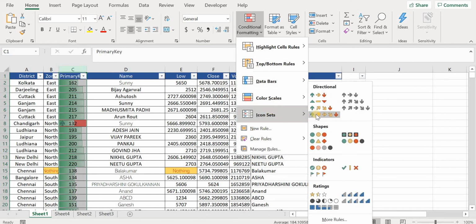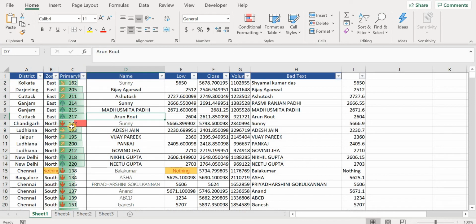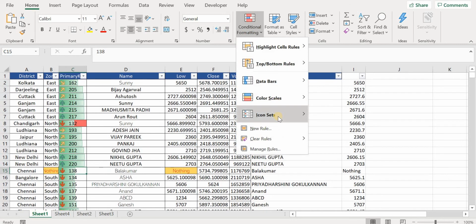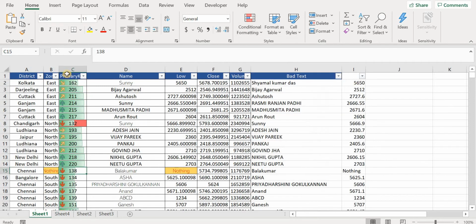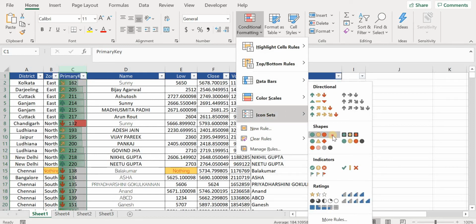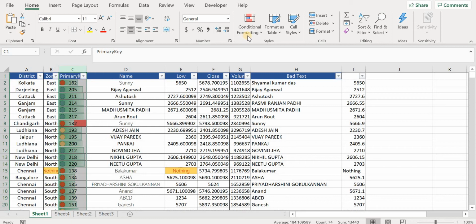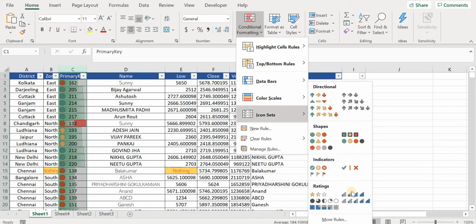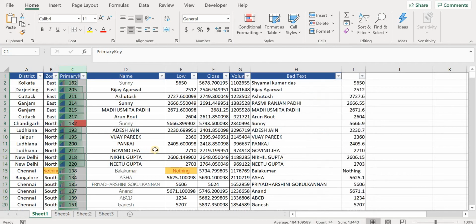And come to icon sets. Now, if it is above average, it is green. If it is below average, it is red. If it is kind of average, then it is either a down arrow or an up arrow. Yeah, so very useful. These are the icon sets. Similarly, you can also use these. So select them, come here, and suppose you select this one. So if it is very high, it's green. If it's very low, it's red. If it's average, it's yellow. Okay, so that's about it. Similarly, you can also have some sort of a Wi-Fi signal strength, and network strength as well.